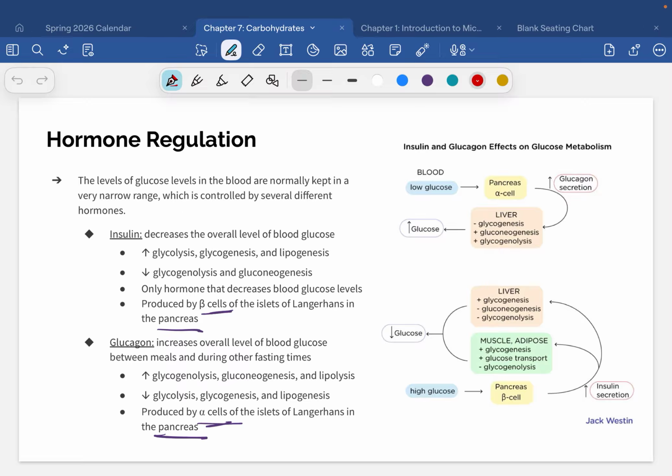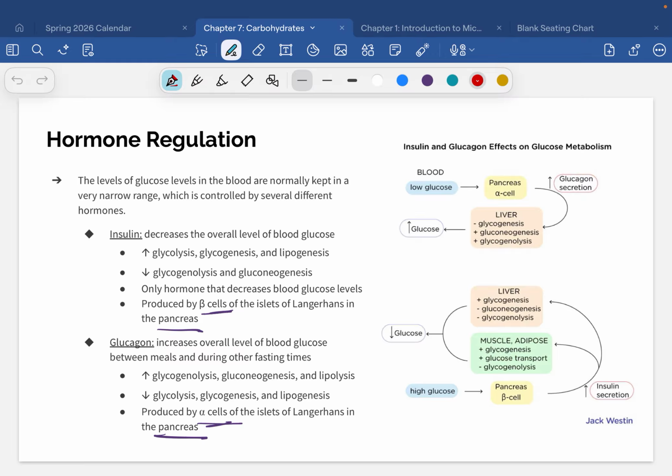When it comes to glucose levels in the blood, remember that when it comes to a human body, it's really important for the human body to keep glucose levels and any other levels within a very narrow range. That is going to be a common theme throughout this whole class, is how your body maintains whatever it is that we're talking about within the range that it needs to be.